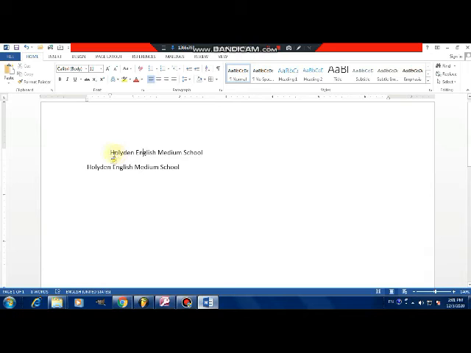Now how to select an entire sentence? You can use the click and drag method. Click at the beginning of the sentence and drag, and the whole sentence has been selected. Now let's see the second method. In front of that sentence, in the margin, place the mouse pointer in front of that line. The mouse pointer changes to a slanted arrow, then press the left button of the mouse, and it will select the whole sentence. These are the different methods to select text.